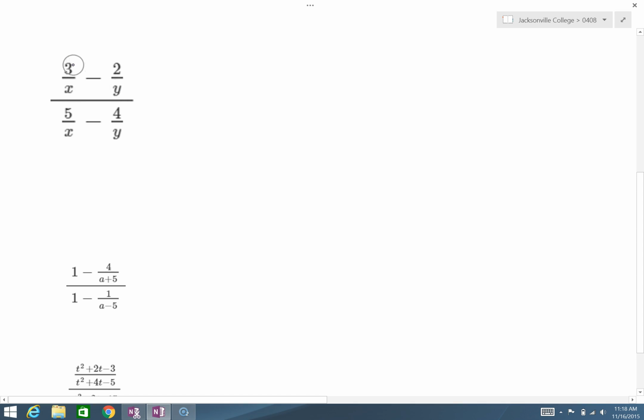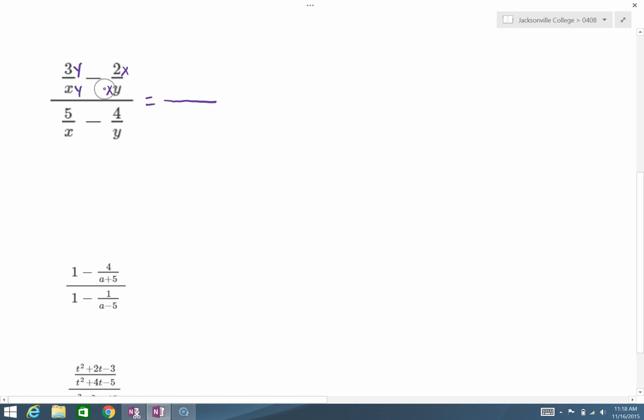In order for this fraction to be over xy, I will multiply by y in the denominator and the numerator. Now this fraction, we need to pick up the x factor. Thus, I will multiply by x in my denominator and in my numerator. And by convention, we put the x behind the coefficient. Alright, so I multiplied by y over y in the first fraction, x over x in the second one. Now I'm ready to